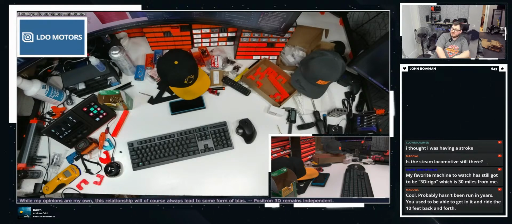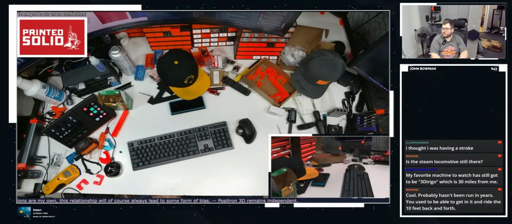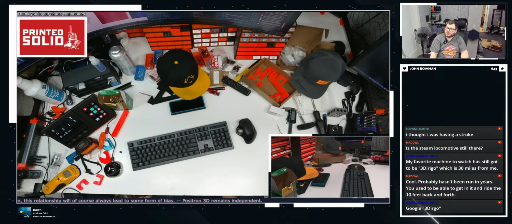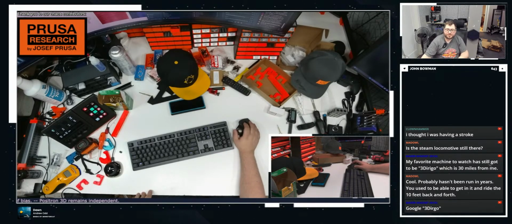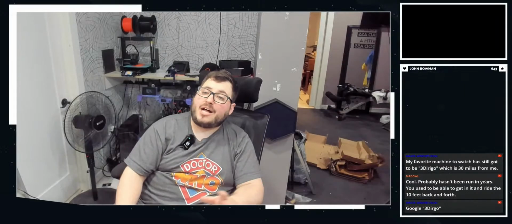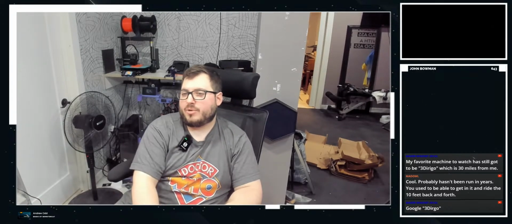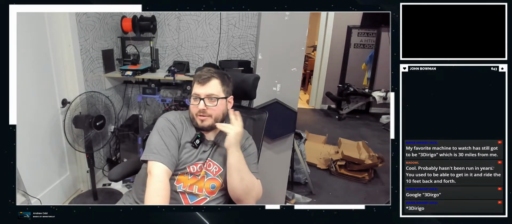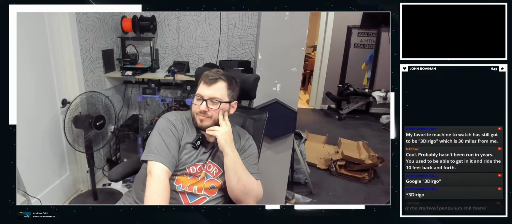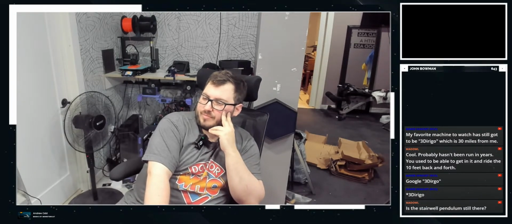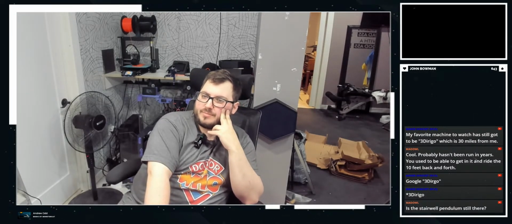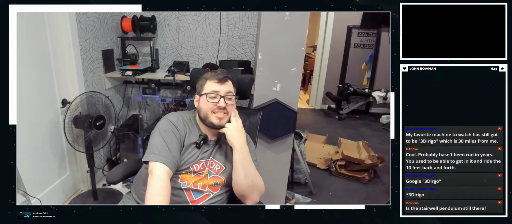It still exists. There's no way in hell they're ever going to get it out, so it's just going to be there forever. But they did get rid of the train exhibit. That is now gone. It is no longer train-centric, which is really sad. It is now like the gallery, so it's all of the really fancy stuff that they have and want to show off, which includes the train. I'm just really sad. The stairwell pendulum is still there, yes. It is still operational, it's still badass.